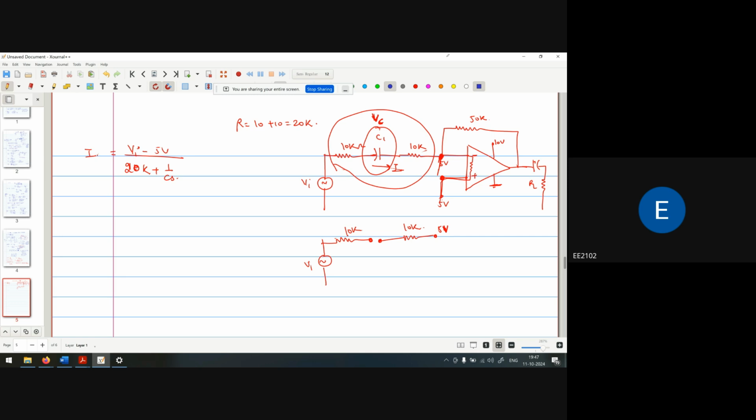If they are saying that across the capacitor, the capacitor behaves as a voltage source. If the capacitor behaves as a voltage source, then I have to convert it to a short circuit. So the circuit should be like